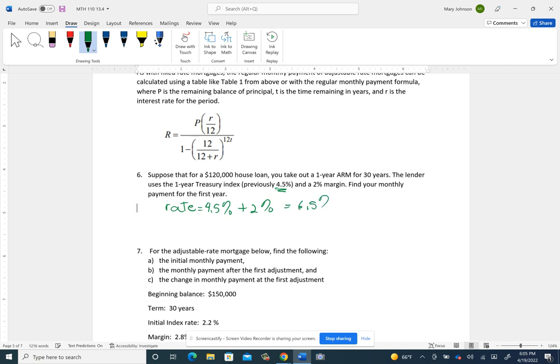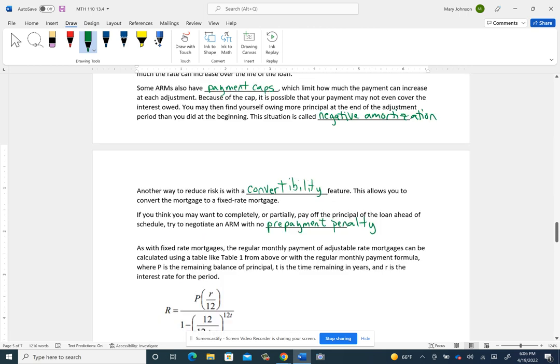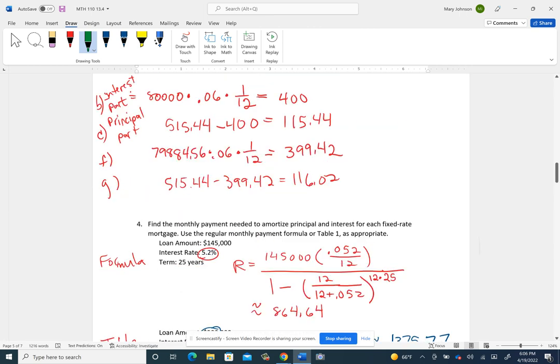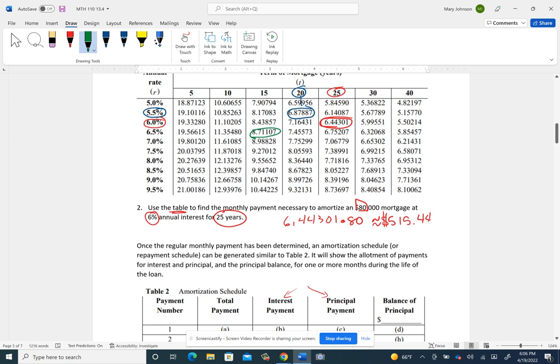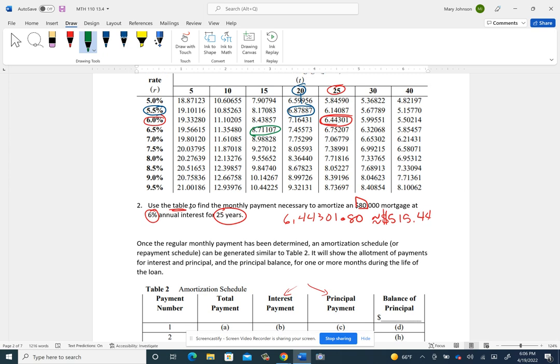So it's 6.5%. Then you're going to look at the time, 30 years. So then you're going to see if 6.5 and 30 is in the table. I believe it is. So we'll go up to the table. We need 6.5 with 30 years. So that would be here,